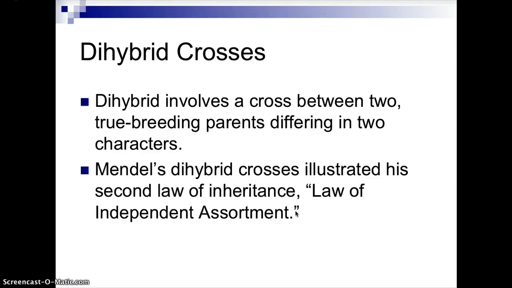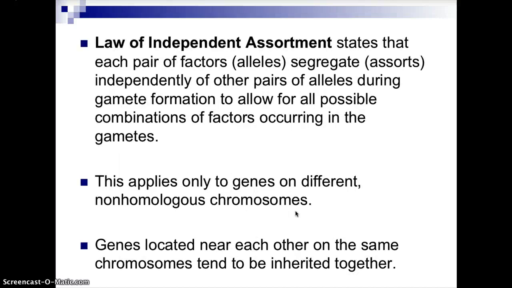A dihybrid cross involves a cross between 2 true breeding parents differing in 2 characteristics. Mendel's dihybrid crosses illustrated his second law of inheritance, which is the law of independent assortment. So what does the law of independent assortment state? It states that each pair of factors, these would be the alleles, so each pair of alleles is going to segregate or assort independently of other pairs of alleles during gamete formation to allow for all possible combinations of factors